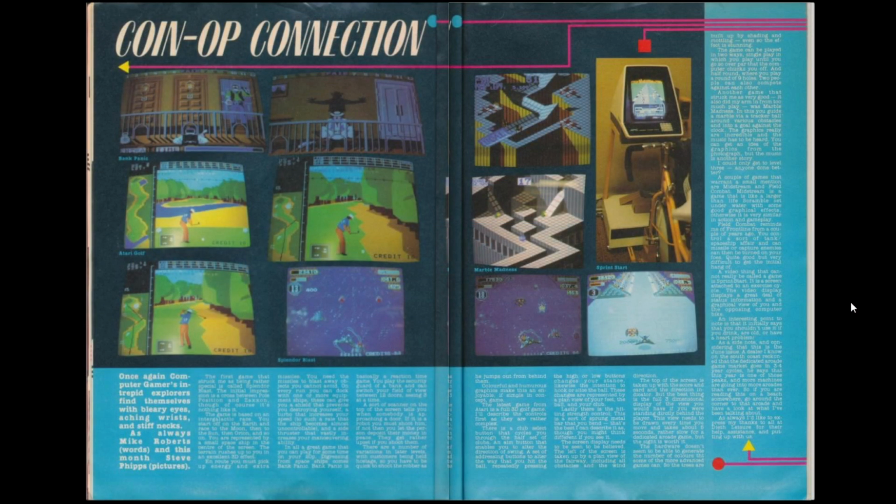I've moved on to the feature the magazine calls Coin-Op Connection, which is a roundup of some of the latest games to hit the arcades, complete with lots of colour screenshots. This is something I would have loved when I was a kid, and I did look at it briefly in the first issue of the magazine last time around, but this time I want to take a look at it in more detail. The reason it stood out to me initially is that one of the games featured is Bank Panic,